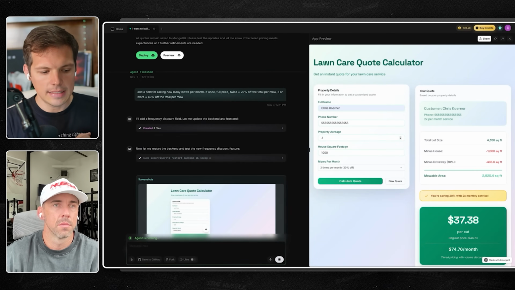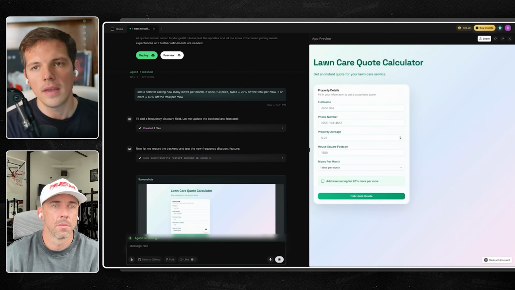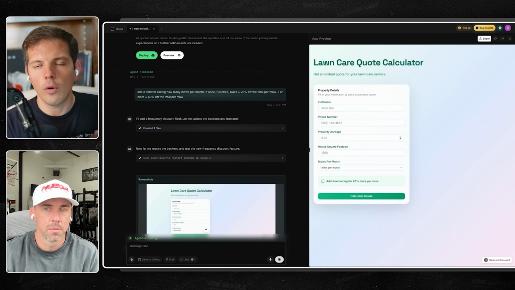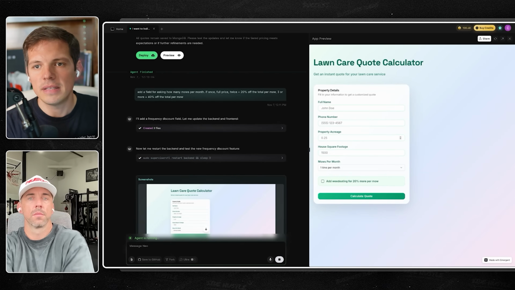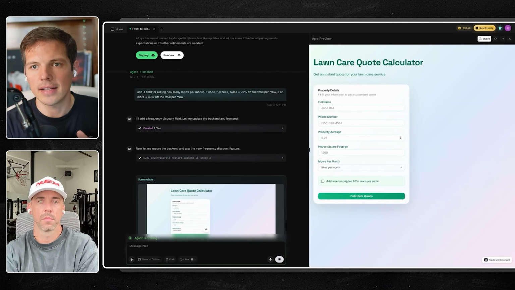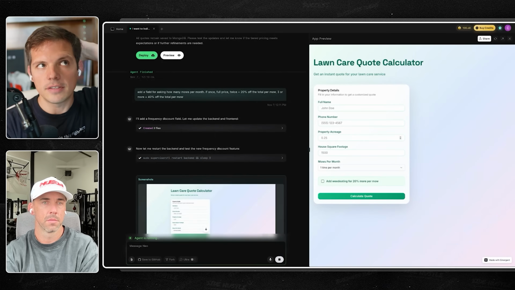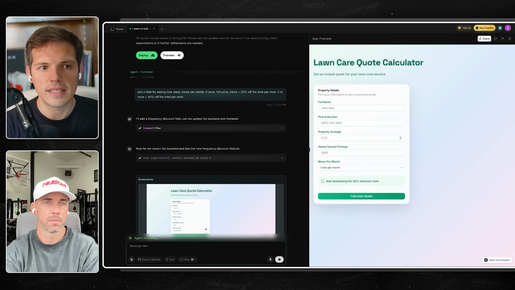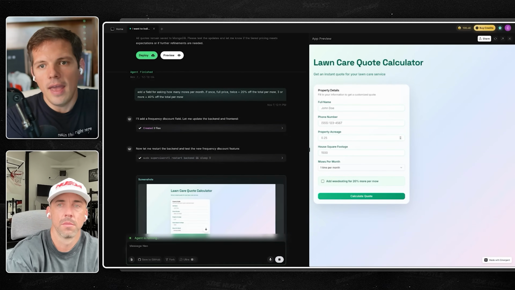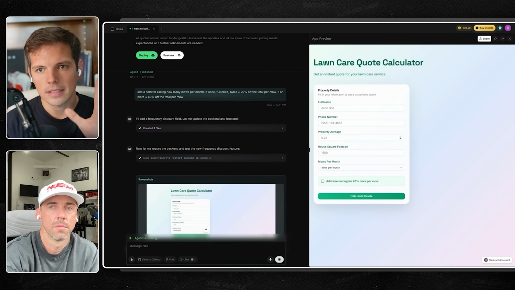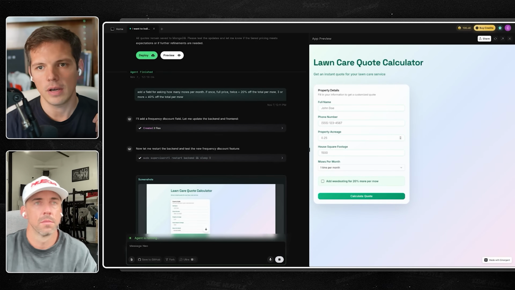So let's just say it's a 0.1 acre lot. That's roughly 4,300 square feet. And let's say it's a 1,000 square foot house. Subtract that, we're at 3,300 square feet. But then we also need to subtract 10% of the lot size to account for the driveway, which is going to be 430. So that leaves us with about 2,600 square feet. And then I know, based on the last neighborhood I lived in, that a small house on a small lot like that is going to be about 40, 50 bucks.